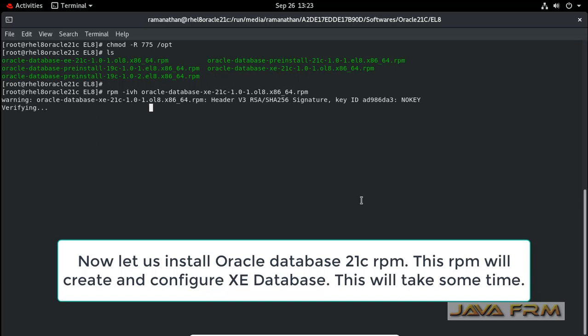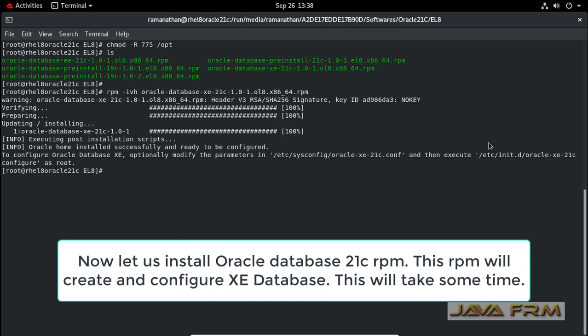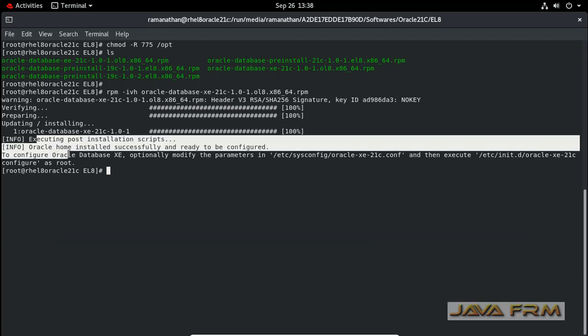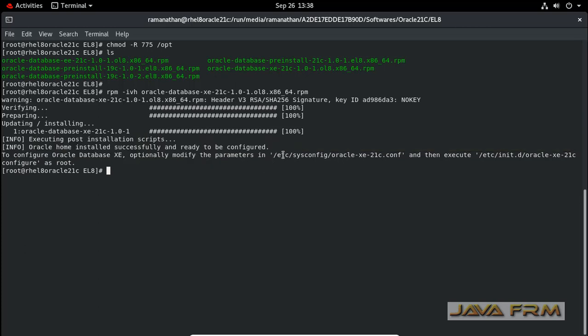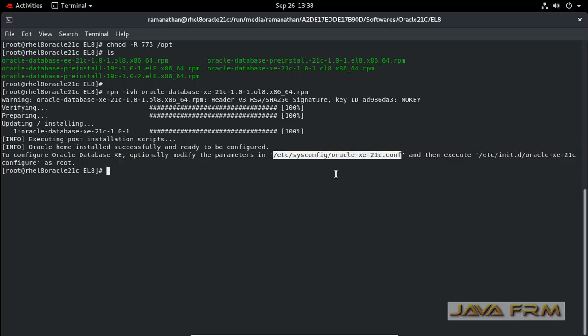Oracle Database software will be installed and the default database, that is the XE database, will be configured. Okay, RPM installed successfully. Now you can see that some configuration files are installed under /etc/sysconfig/oracle-xe-21c.conf. These are optional parameters, like the port number, which can be modified in this conf file.